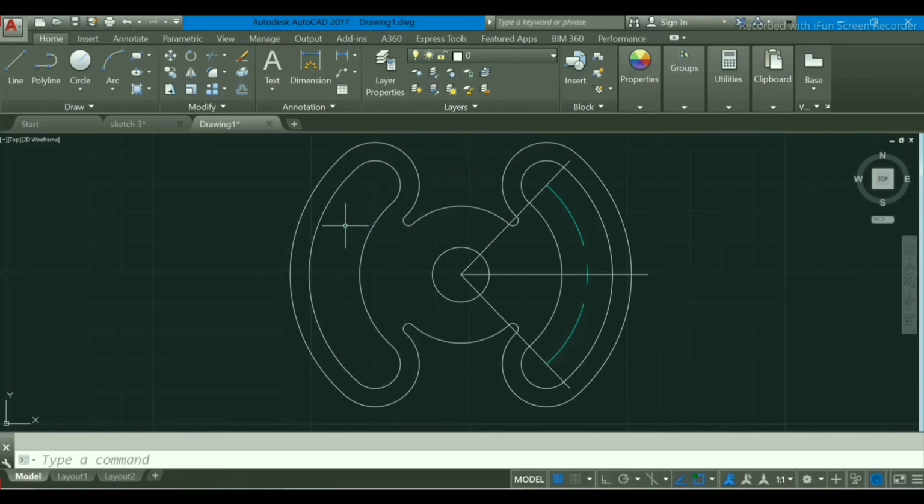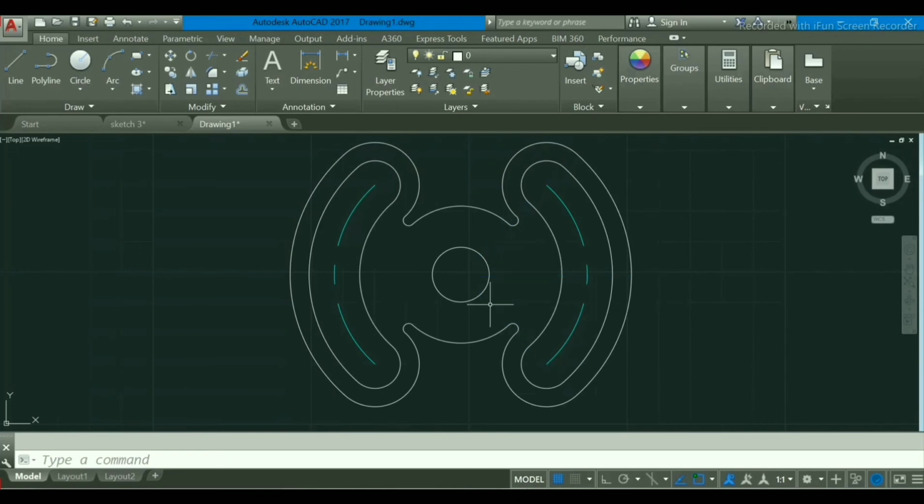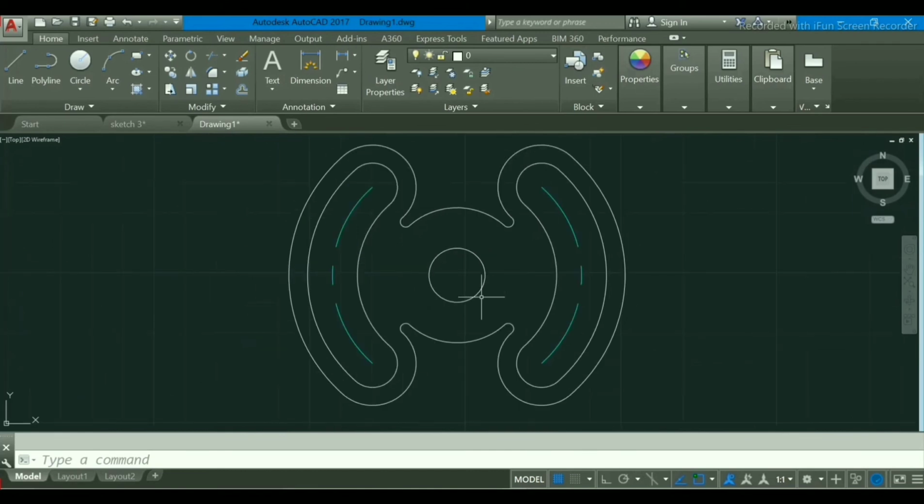This one also should be deleted. Again go to mirror, select this arc, right click on it and drag up to this point. If you want, you can delete these lines also, so that our geometry will look nice.